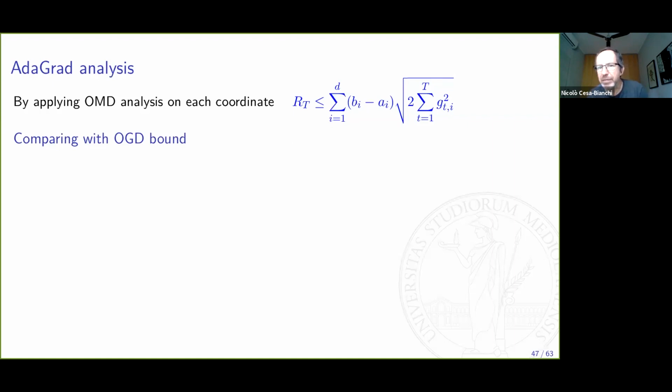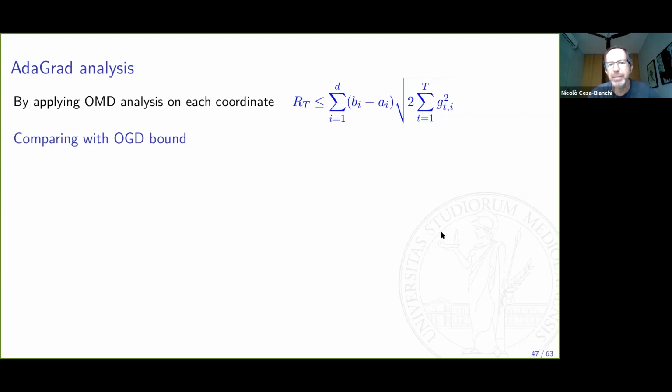So I transform a convex problem into a linear problem. And once I have a linear problem, life is easy, okay? Because I can play a lot with different tricks, okay? So I can compare this sort of a composite result with the bound I would have gotten using OGD on